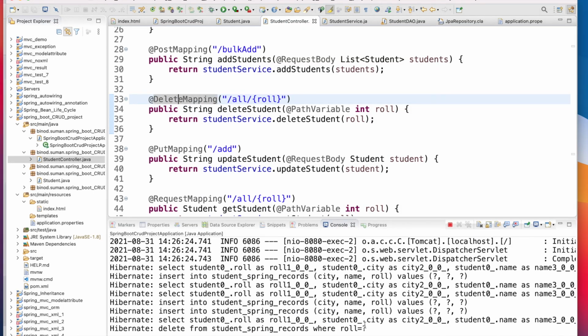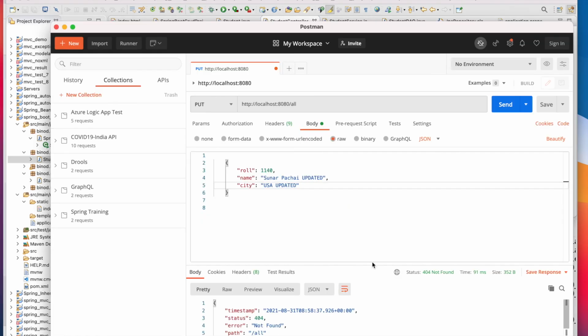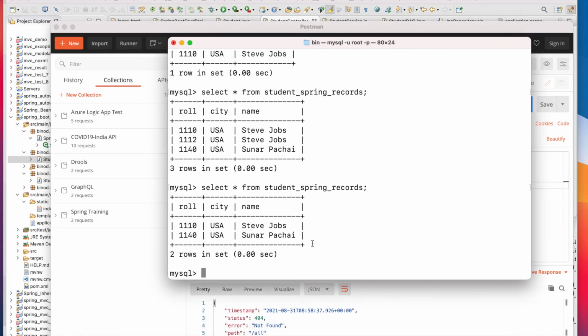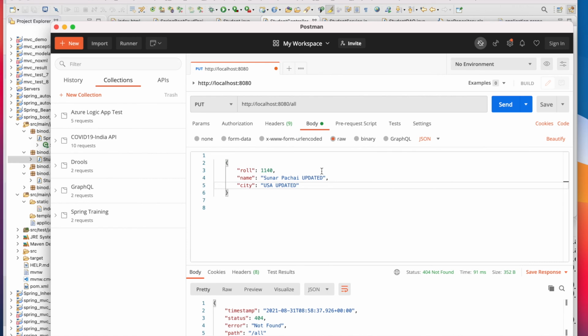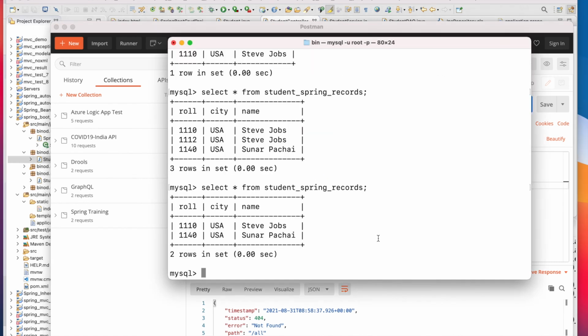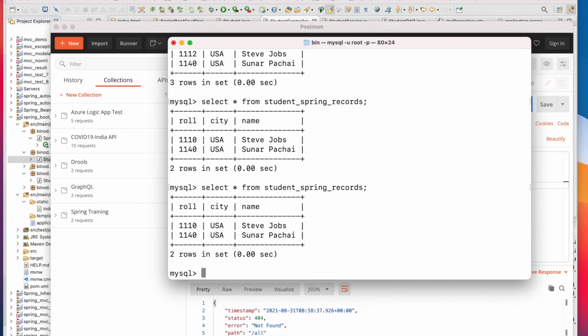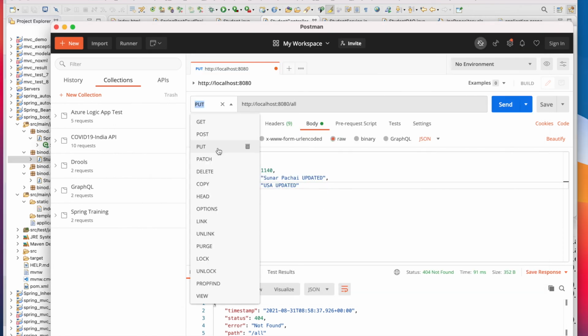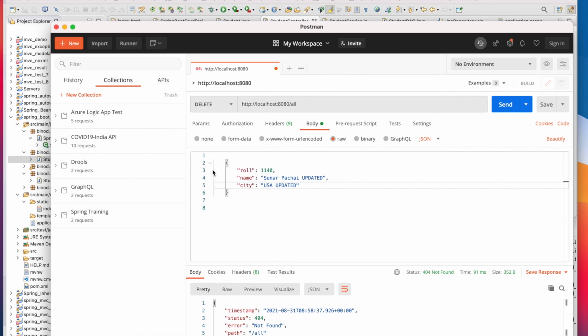Delete student, which row number is this one? Let me check. This row number does not exist yet. 1140 is there. Let me check if it is deleted or not. It is not deleted, 1140. We have to do the delete, not the put.